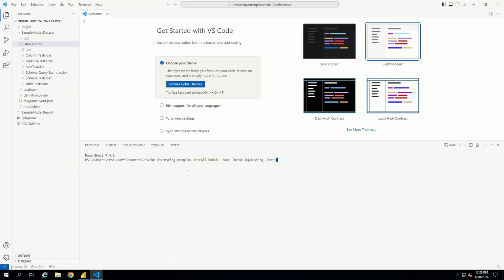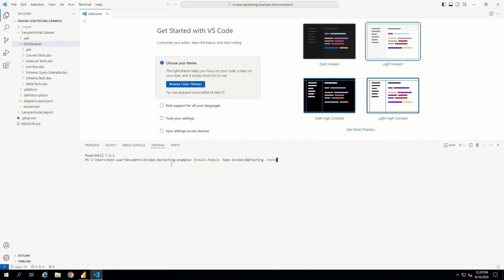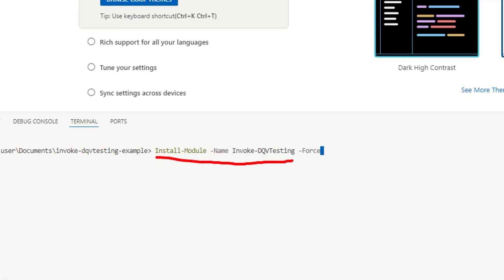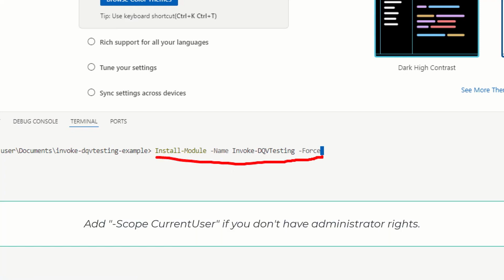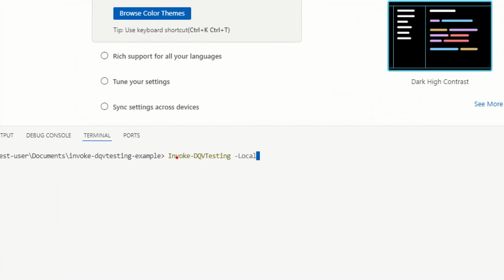So to run all the tests, we need to install the Invoke-DQVTesting module. To do that, in VS Code, you'll need to make sure you have PowerShell Core installed. This one's running on 7.4.1. And you'll need to run this command. With the PowerShell module installed, now we just need to run the command